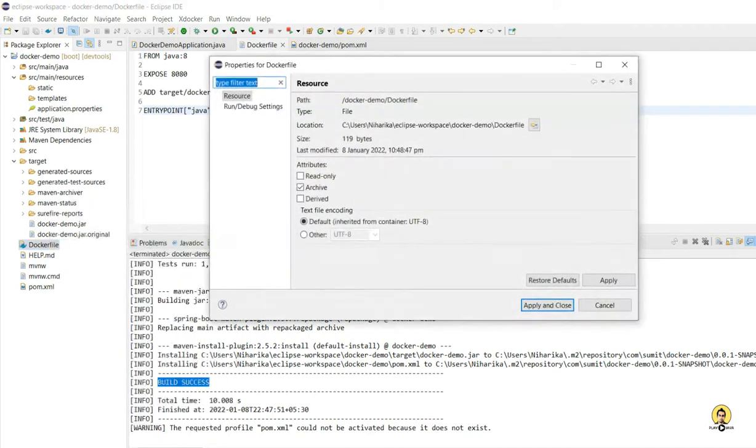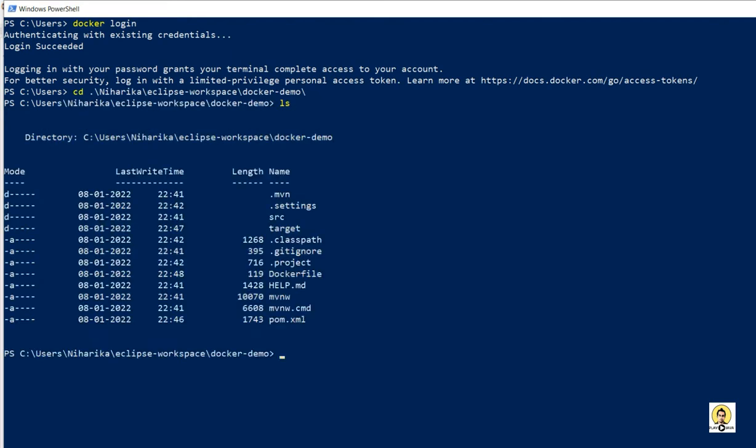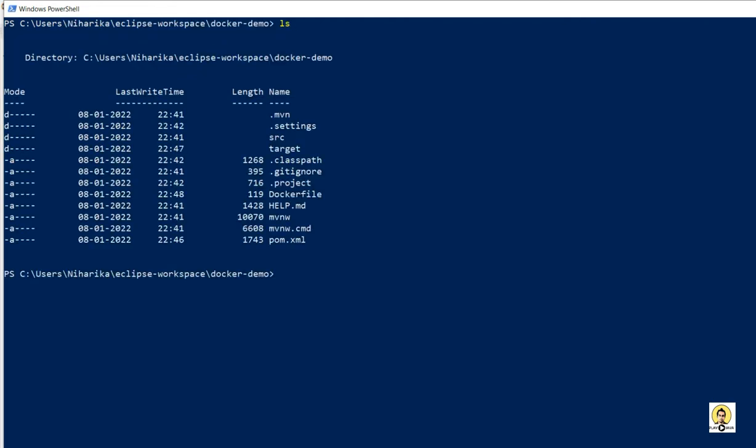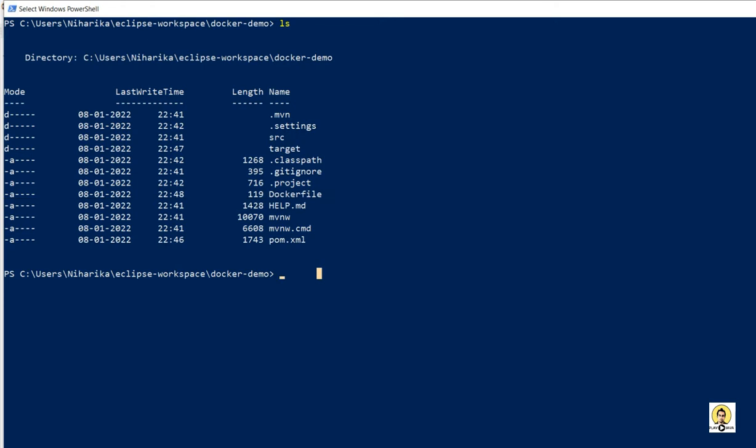Now I will check the Dockerfile path and go to the same path which is shown in my system. So this is the path. I will just go to that path and do the ls to list the files. See, this Dockerfile is coming here, and I need to provide certain commands, and it will automatically go to the file and build that image for Docker.